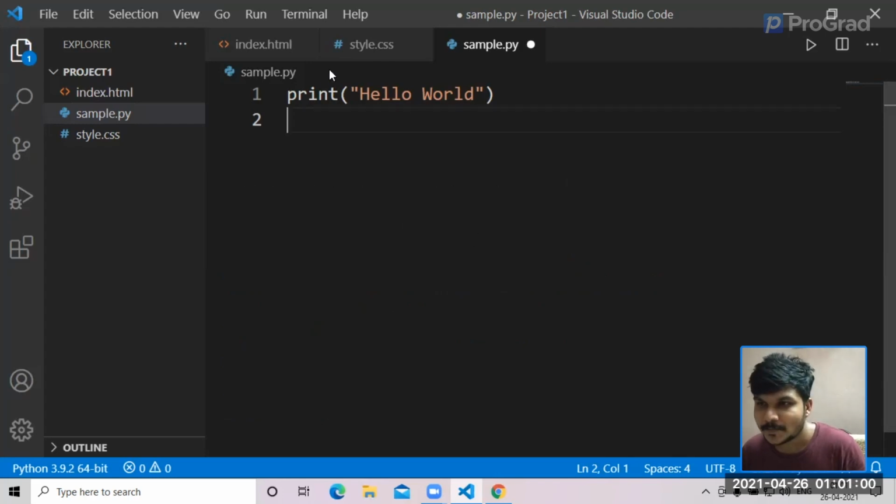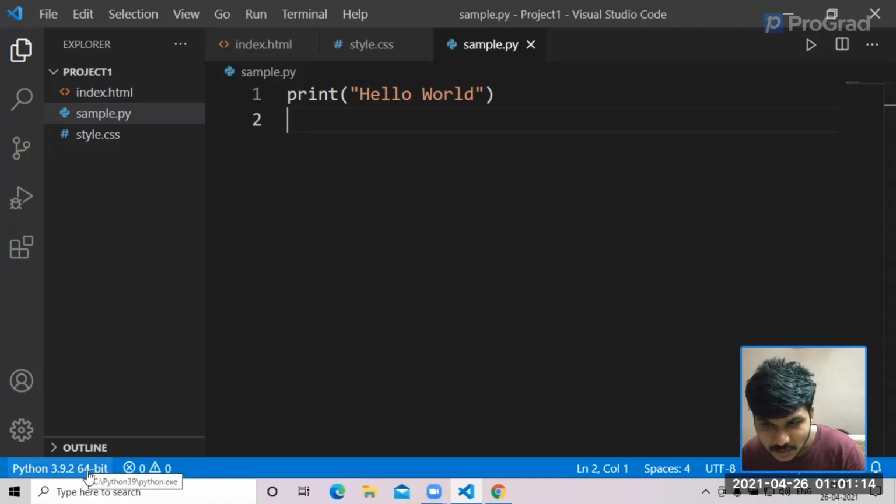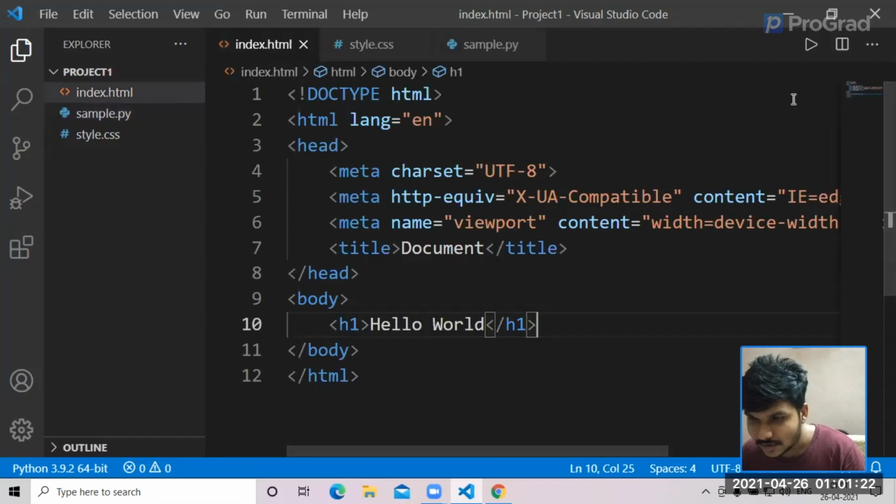So that's cool. Now that we have created three kinds of folders, let us save this code, and now it is good to go to the terminal. I wanted to show you the thing below here. You could see something blue in color, right? So let's go ahead and see. This is Python. We are in a Python file and it is showing Python. Let's see what happens when you go to HTML. Okay, when you go to HTML, it still says we are using Python. Since we are using Python, it shows like that.